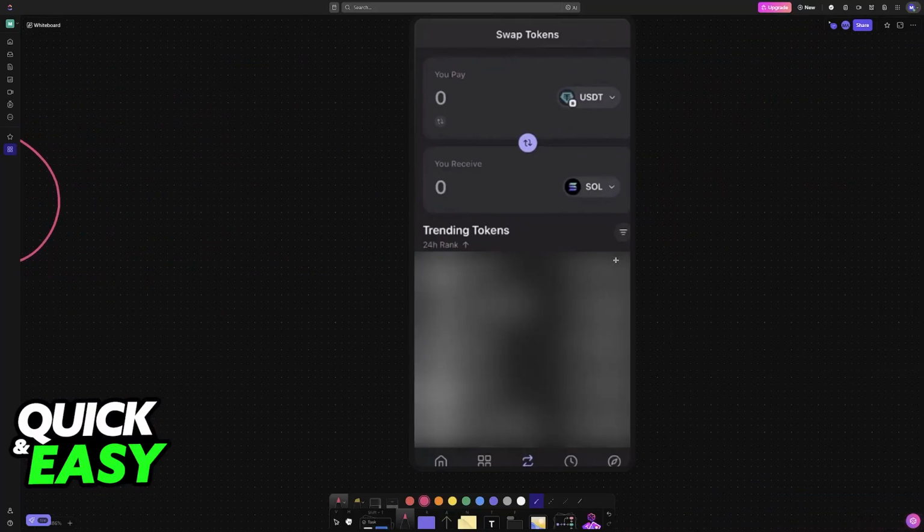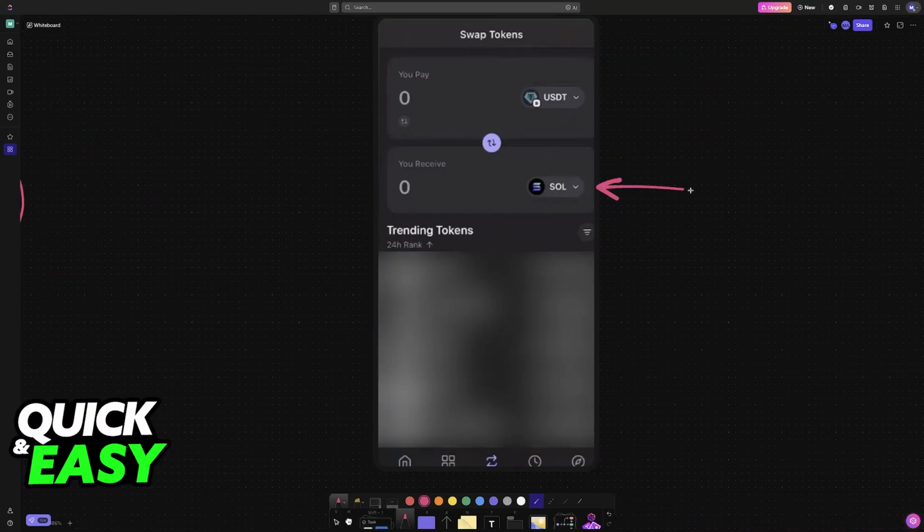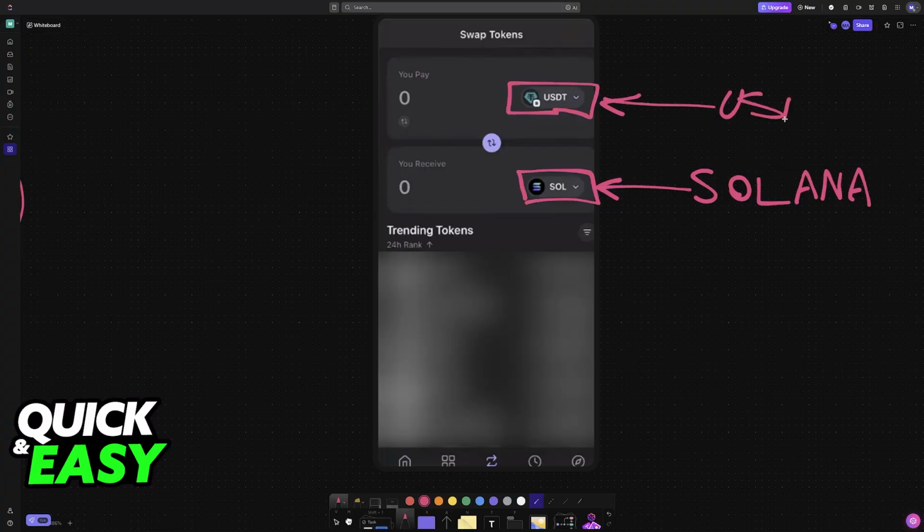Immediately upon selecting swap, you can customize the tokens that you want to swap between. So you will be able to see the token that you will be receiving. In this case, you want to ensure that this says Solana, and then the token that you will be paying with. So in this case, you want to see USDT. Of course, customize this to whatever you prefer. You can use this button in the middle to swap between them. So Solana would be the one that you are paying with receiving USDT, or just leave them as is,